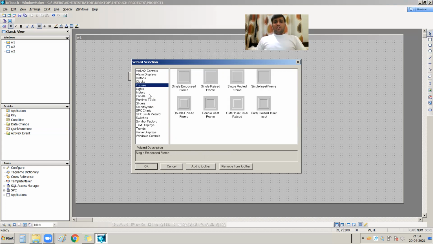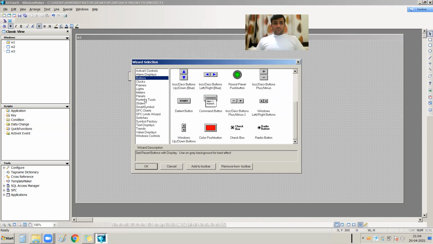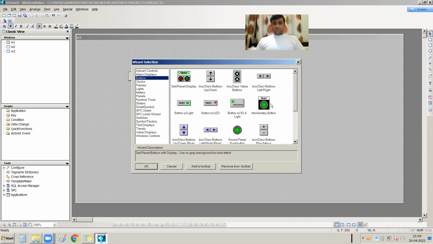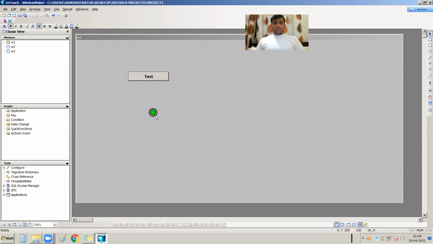For digital, for discrete tags, we are going to use a button. For example, let's take a round button.